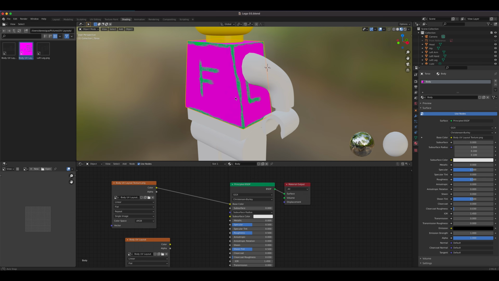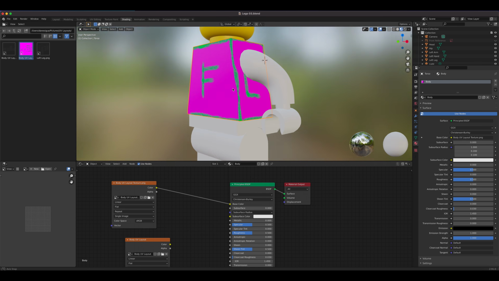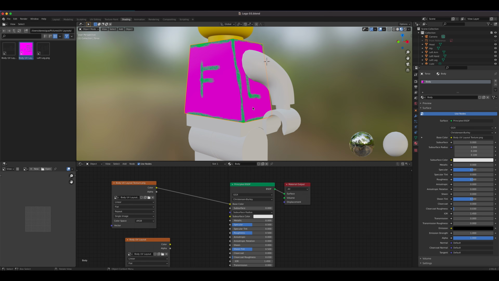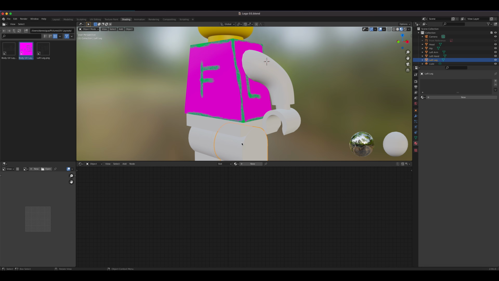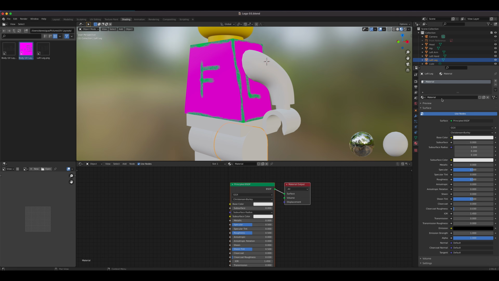All right, and that's how it works. So let's do one real quick. This time we're not going to stitch. I'm going to show you how to just snap. Okay, so let's take a look. We're going to grab the leg, and we're going to give it a blank one again. Right, so new. I'm going to go leg